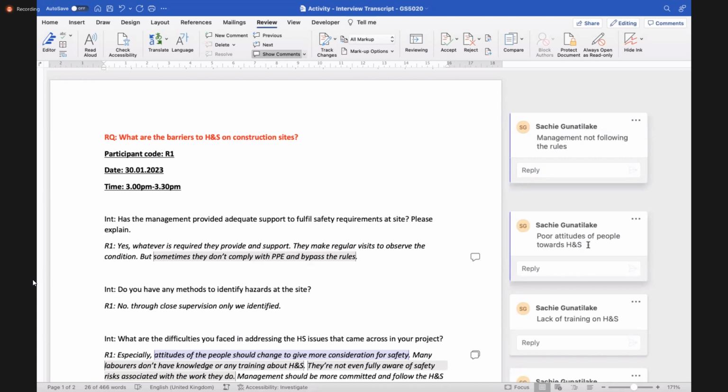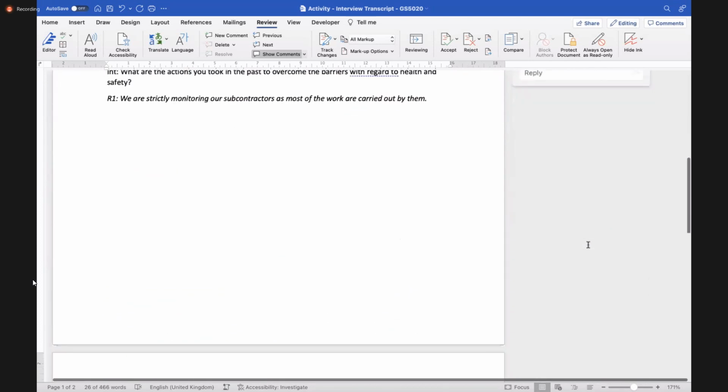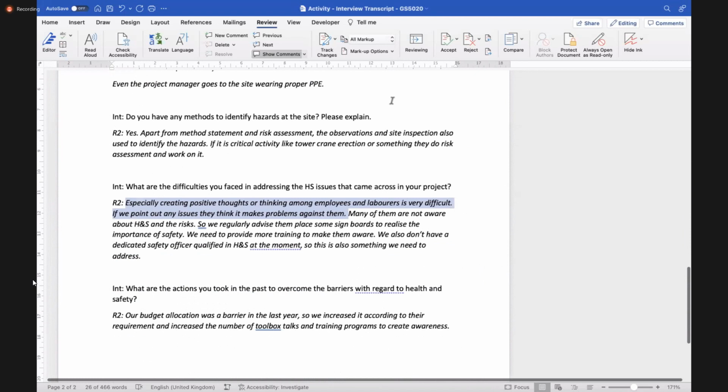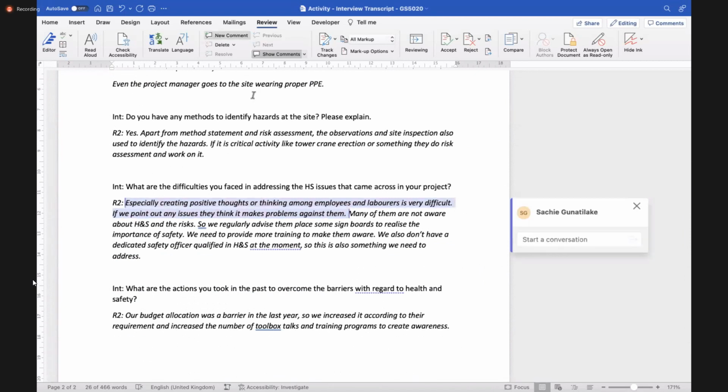It's poor attitudes of people towards health and safety, maybe. So we can use that same code, same label. So now we have identified both these respondents have talked about this particular issue, this particular barrier.